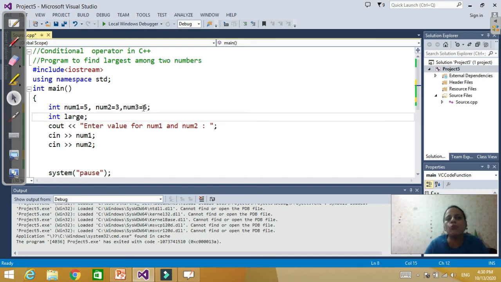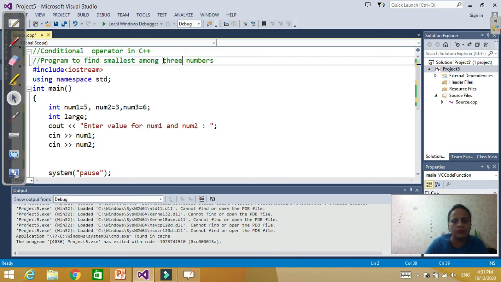So our answer should be 3, because we are finding the smallest among three numbers. Let's make this variable small, because now we are finding the smallest.